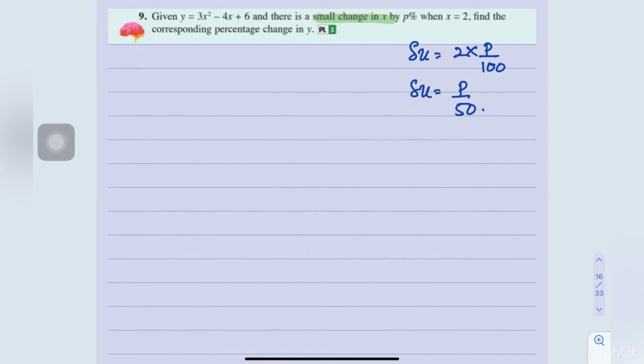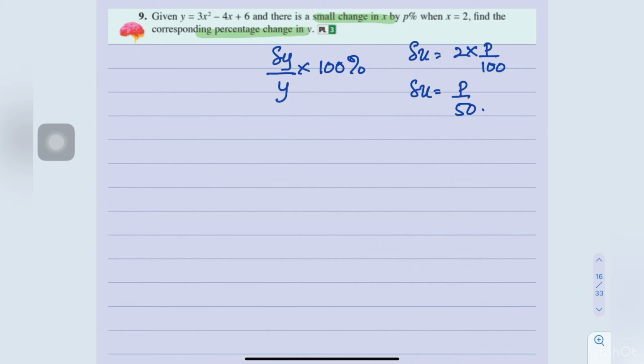So now we need to find the percentage change in y. Okay, actually this one is like question number 8. Percentage change in y, meaning that small change in y, so delta y over the original y times 100%. Okay, so this we are going to do. So find